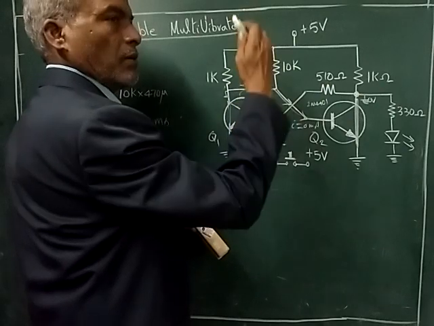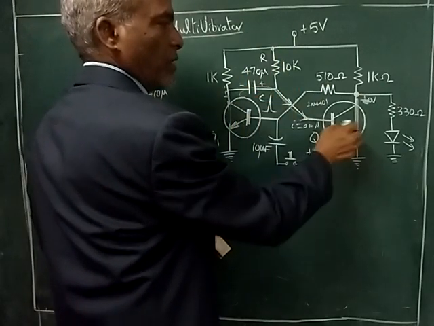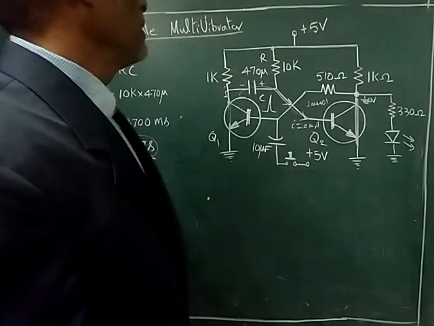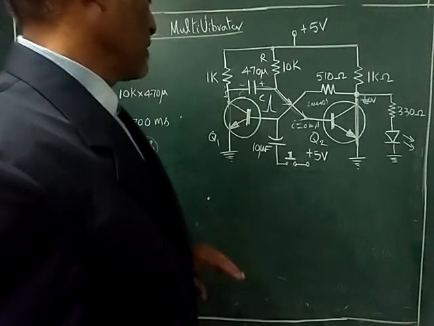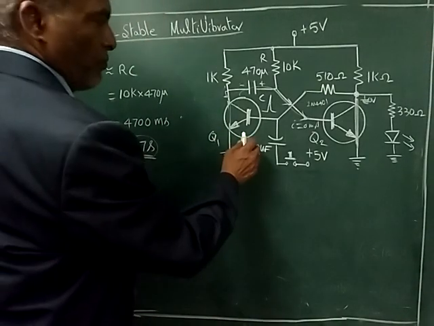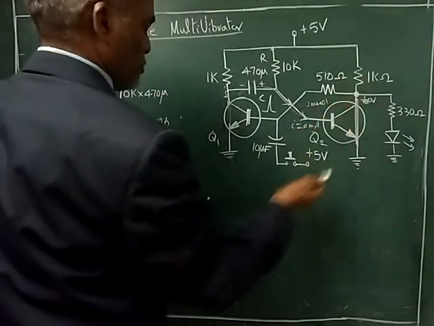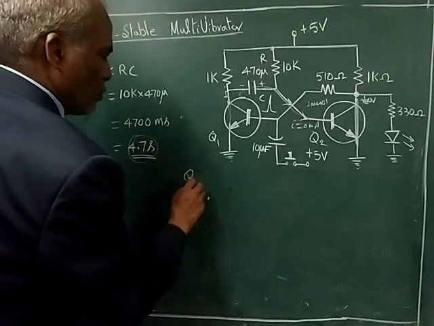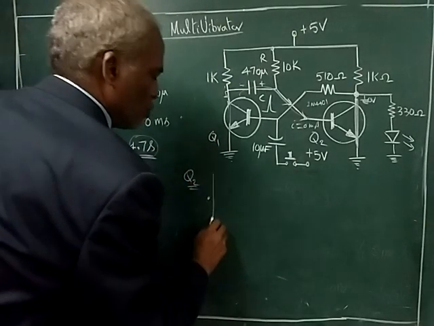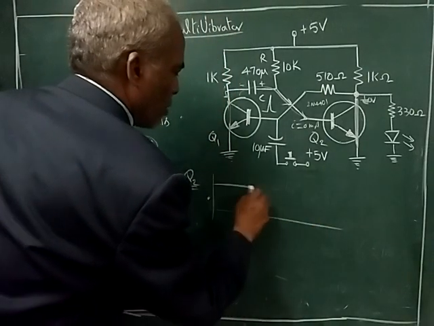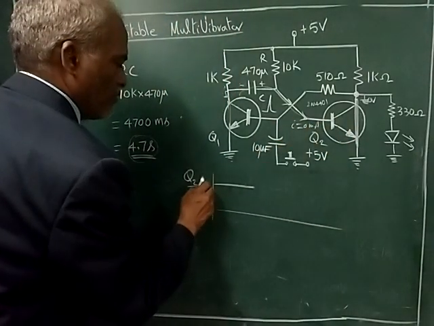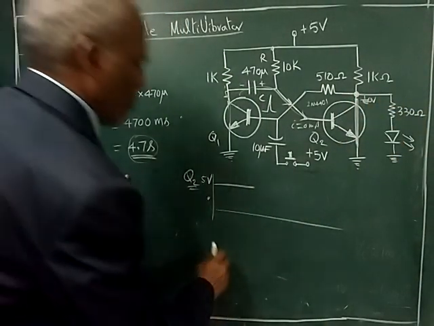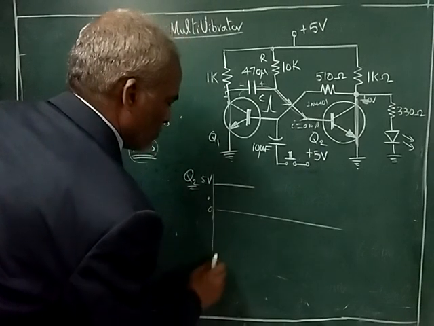And once it reaches a value, that voltage will try to drive the transistor Q1. So only when you give a pulse, this will go into conduction. That means usually the state, assume this state is open. Open means say maximum 5 volts. I'm checking out for transistor Q2. Okay. So usually the transistor Q2 will be in on because it has not been driven. So it will be 5 volts. That means LED will glow. Now at this point, this is 0.